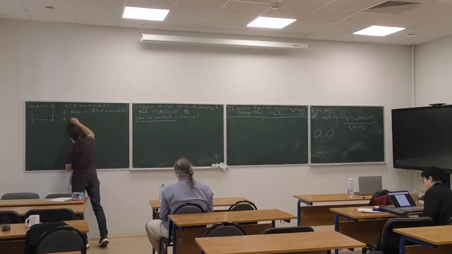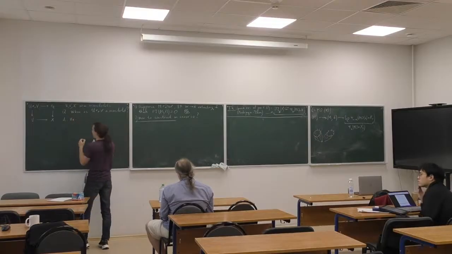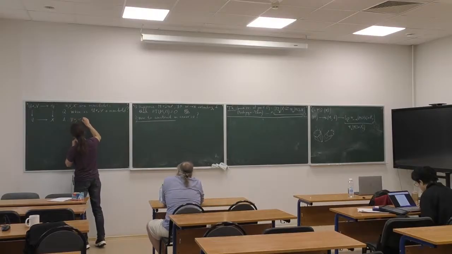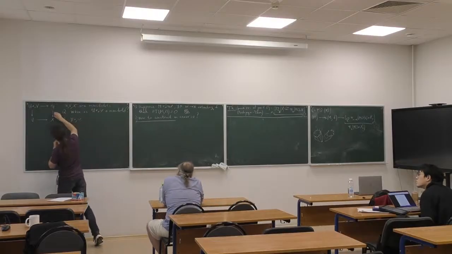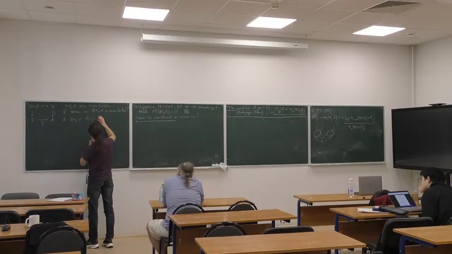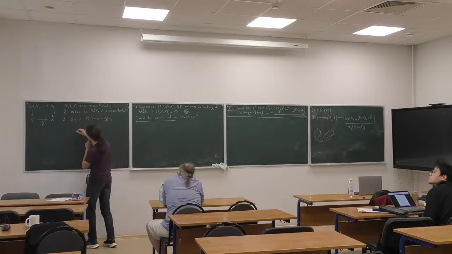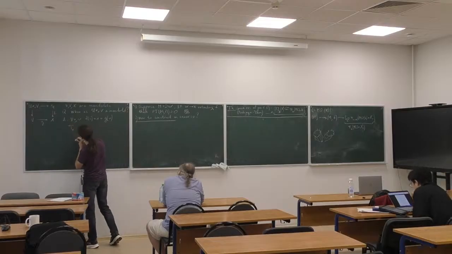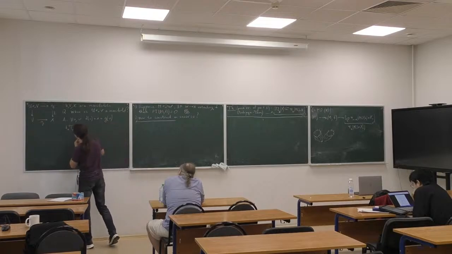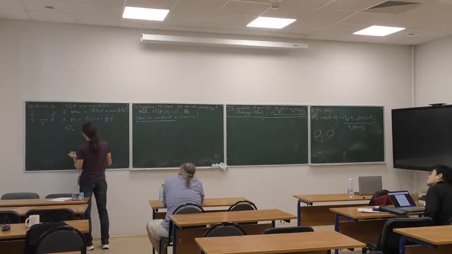It means that for any u, v, let's name the maps f and g, such that f at u is equal to x equal to g at v, we have